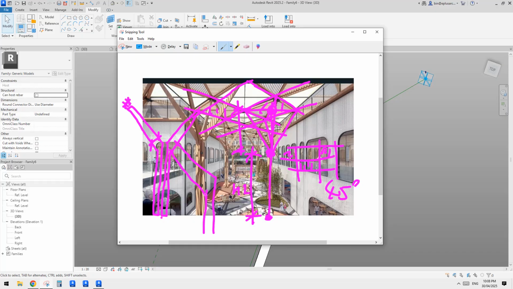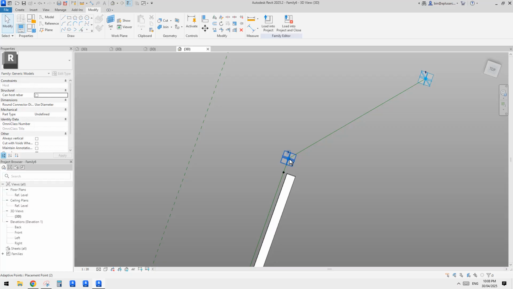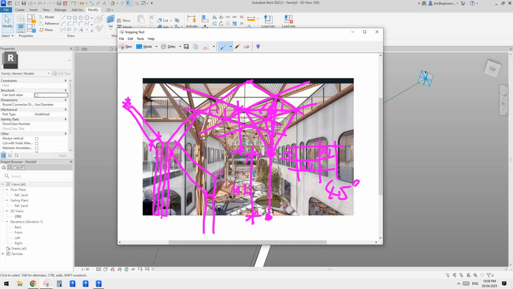So I have it stop here. Right, so these are the points. That point is here. So this point 2 is sitting here, and then the reference line goes down. So I want this profile to be sitting at this point. So offset from that point 2, and then create this